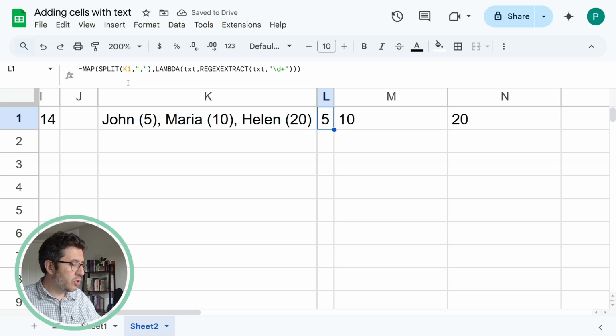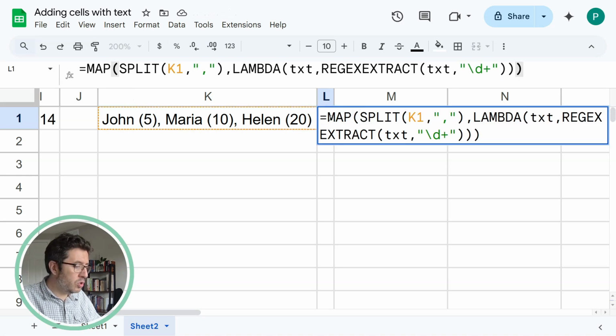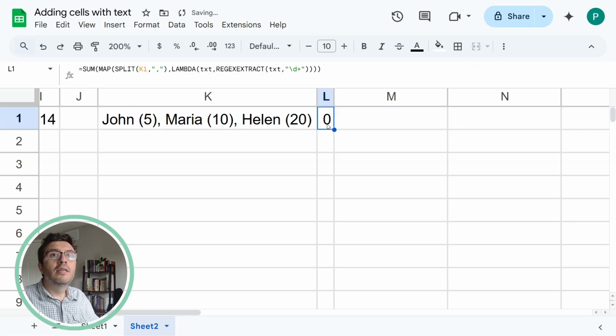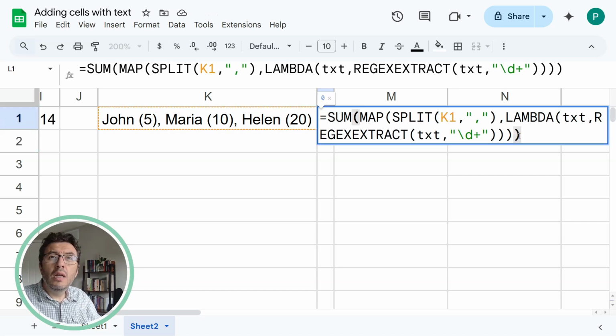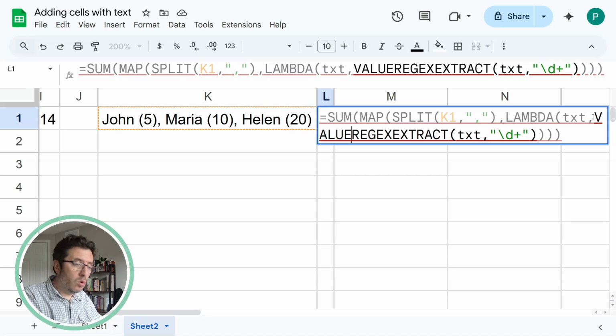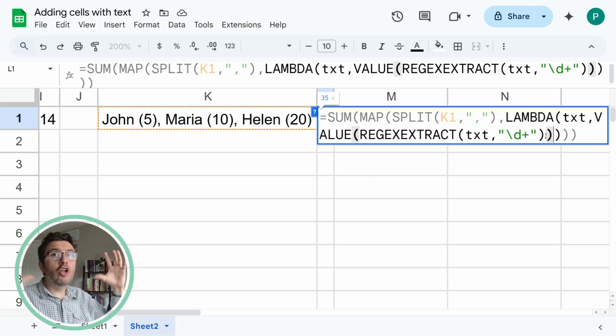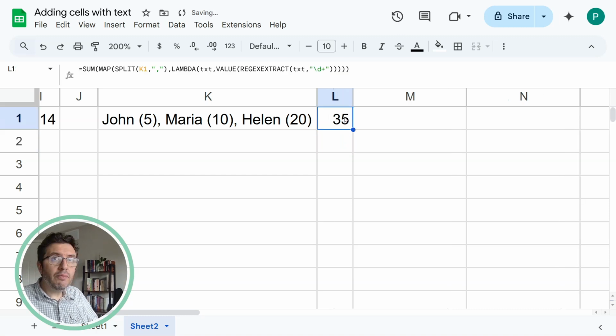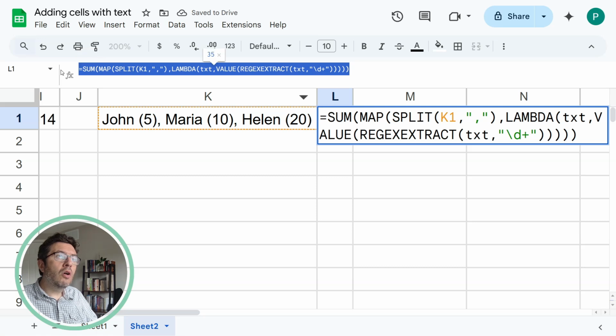And now the only thing left is to sum it up. Remember that this won't work because I'm trying to add text. So remember, I need to enclose my REGEXEXTRACT inside a value function. Let's hit enter, and now I have my 35. Finally, we're going to copy all of this formula,